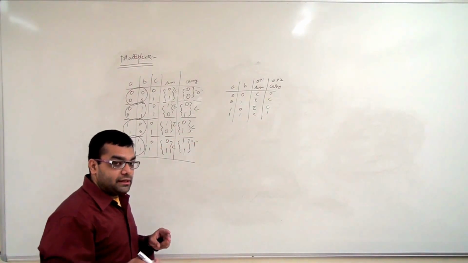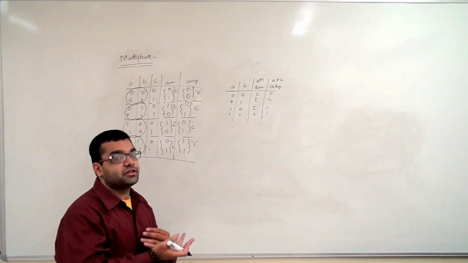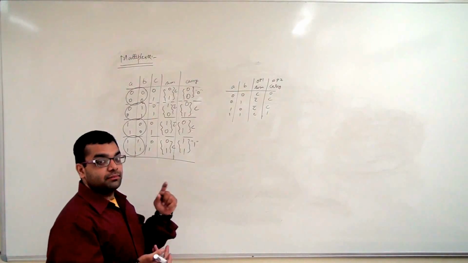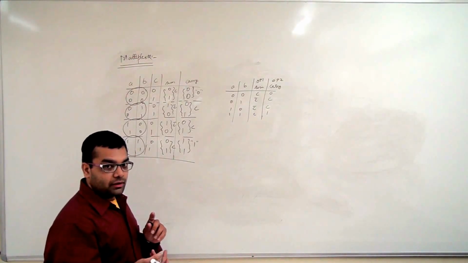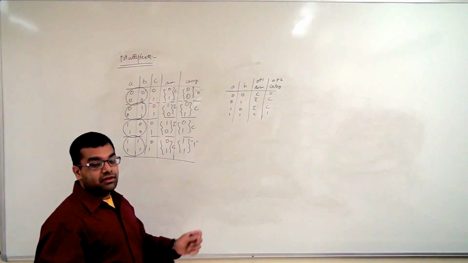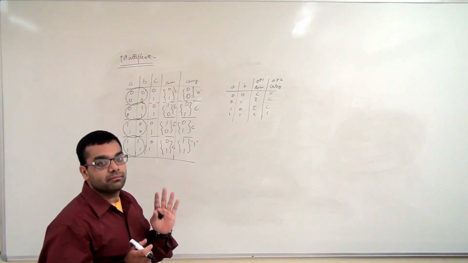Another most important thing is that in the decoder, from one decoder we could implement more than one function. Alright, in the decoder we saw that using one decoder we can implement 2 functions, or more using the same decoder. But for one multiplexer we can implement only one function. Very important. You should always remember this.